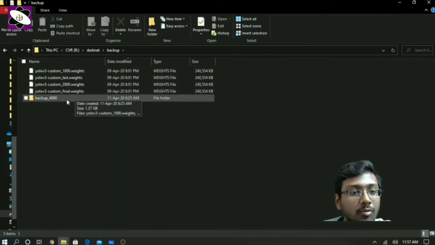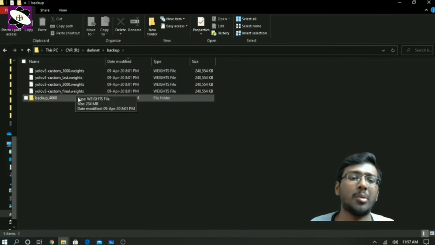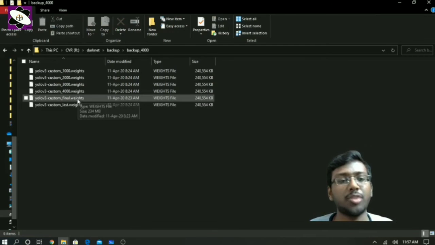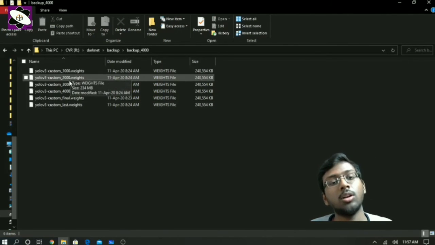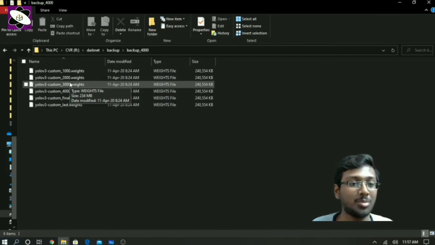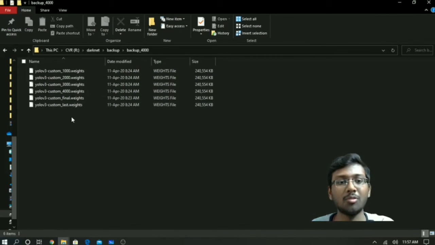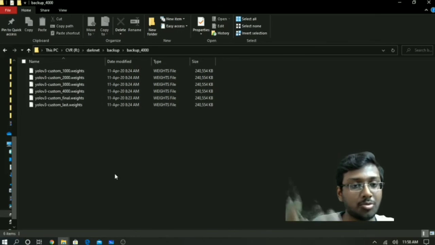So these are the 2000 weights. I just ran for 2000, but it's not giving me accurate results. For 4000 iterations it will give accurate results. It will keep a backup every 1000, so you can just leave it overnight. Training will take a few hours, and testing can go for a few days. I did the same thing: I left it training for a few hours, it kept on training each iteration, and for a few days I tested with the webcam, all set up as shown.